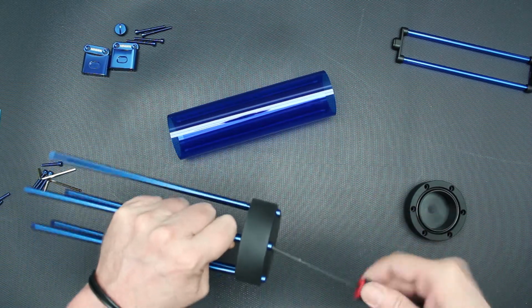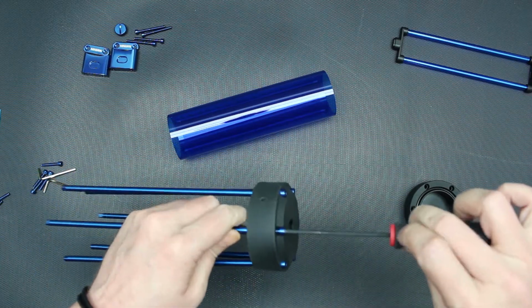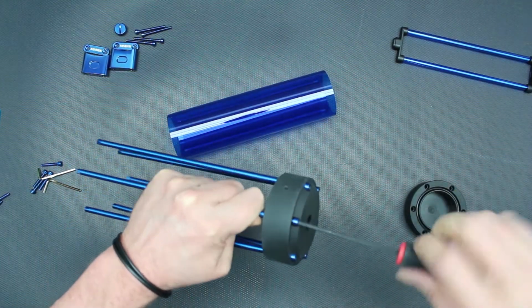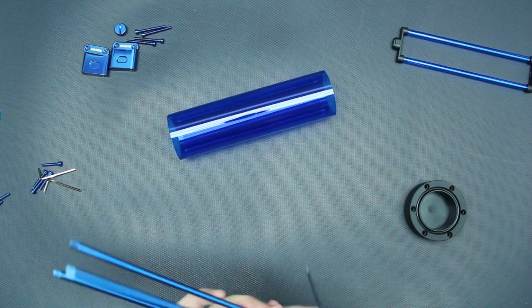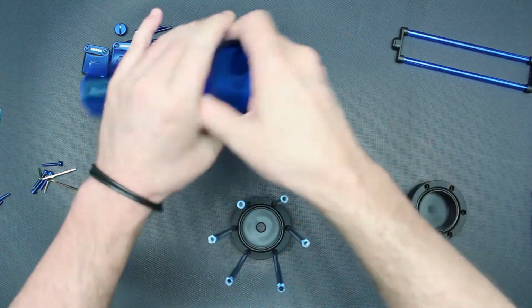The other problem that you'll see a lot of people that aren't familiar with this, even people that are fairly mechanically inclined and have done a lot of automotive work or plumbing work, the second most common thing we see for customer issues is they've stripped out threads. It's because they're used to using much larger screws. If you're using an M6 screw or larger, or a 1/4 inch screw,